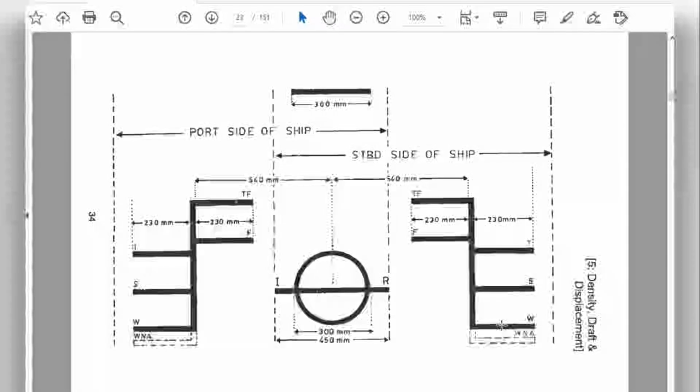Sir, displacement at winter plus freshwater allowance plus consumable. अगर आप डिस्प्लेसमेंट एट विंटर करोगे तो ये W वाली हो गई, प्लस डॉक वाटर अलाउंस या फ्रेश वाटर अलाउंस जो भी, प्लस कंजम्पशन, तो आप S और W के बीच में चले गए ना आपकी वाटर लाइन. Yes, sir. तो ये अलाउड है? No, sir. तो आप अरेस्ट हो जाओगे. ये तो अलाउड ही नहीं है. तो कितना लोड करोगे ताकि